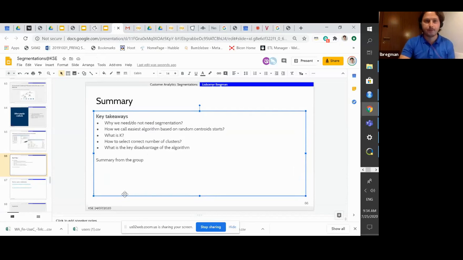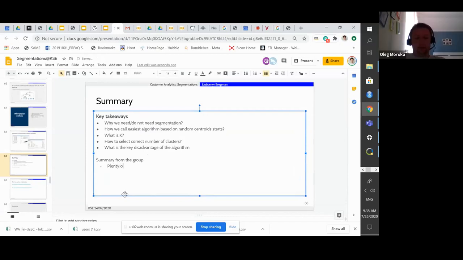So first, there are plenty of different algorithms. That's a good conclusion. To make segmentation, clustering.